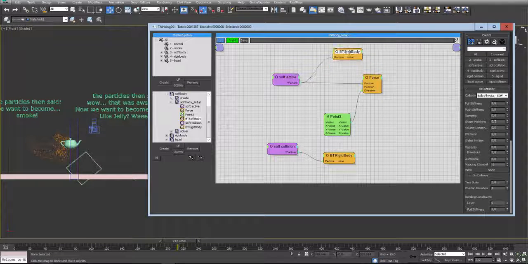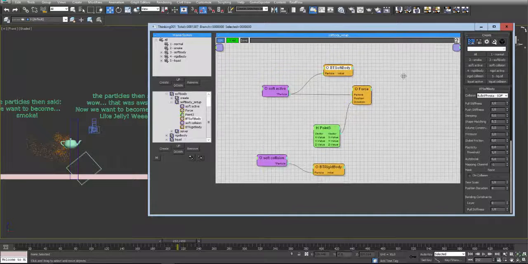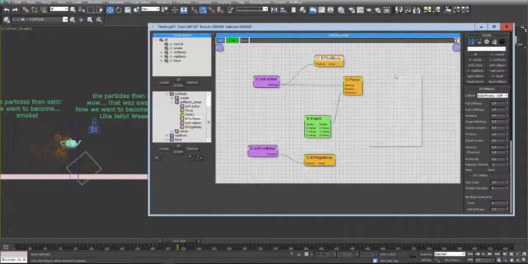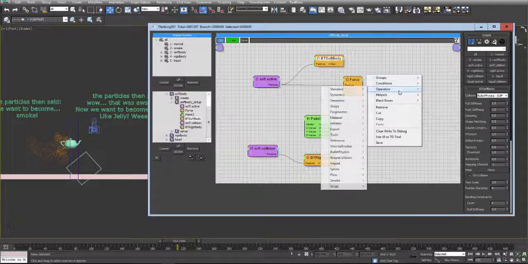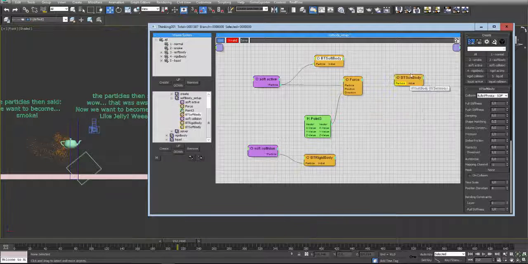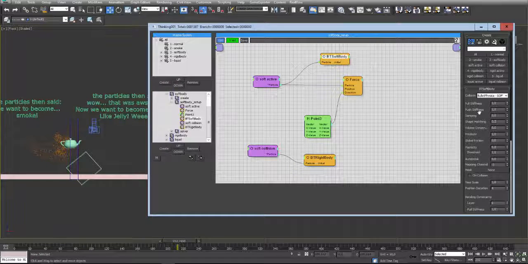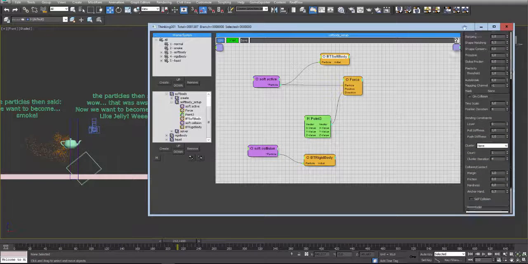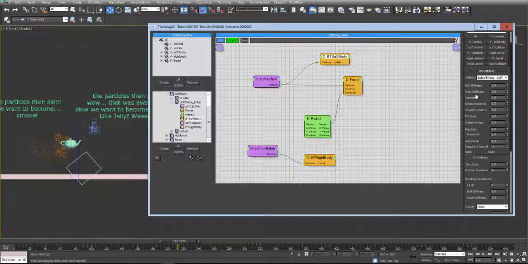hey, I want these particles, these teapots, to become soft bodies. Okay, and this is really easy. It's just go to operators, bullet physics, and soft body. Okay, cool. That's what I've done. I've connected the particle here, and then we have all the settings for the soft body. Here, the default values